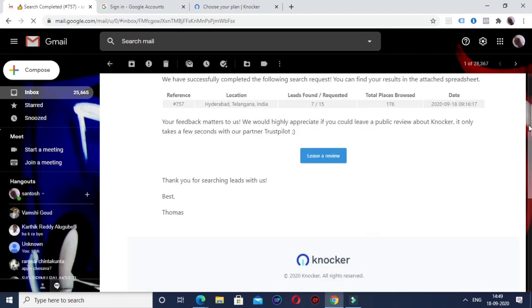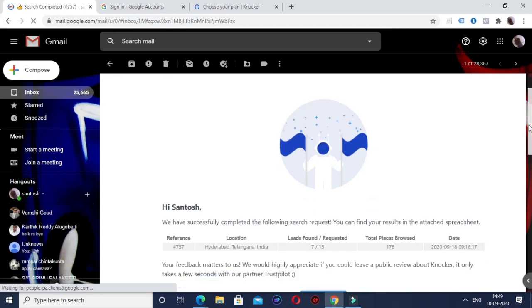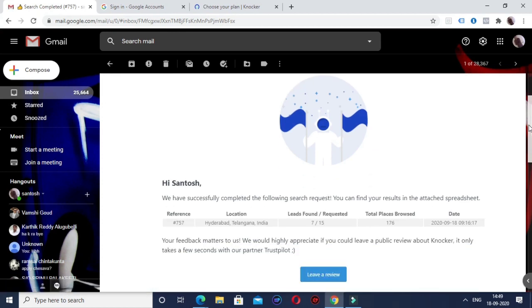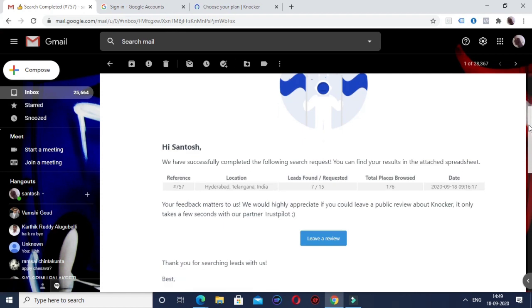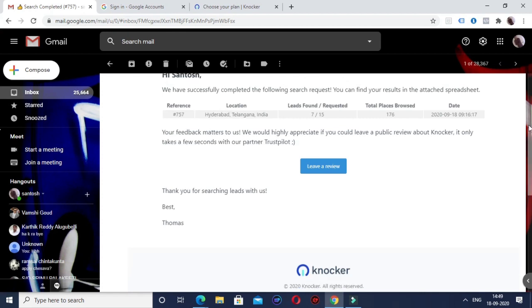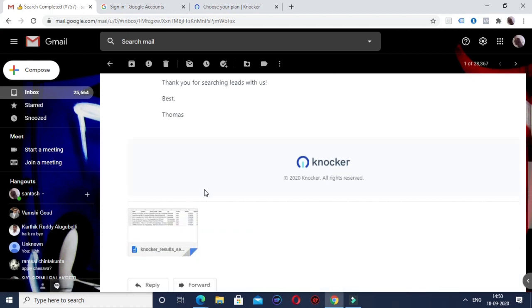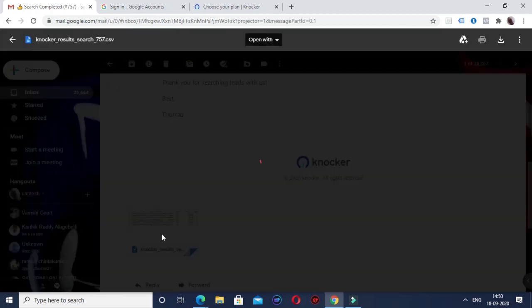It says we have successfully completed the search request, and you can find your results in the attached spreadsheet. Leads requested was 15. We requested 15 leads while searching, and it found 7 leads. So we'll check that spreadsheet.